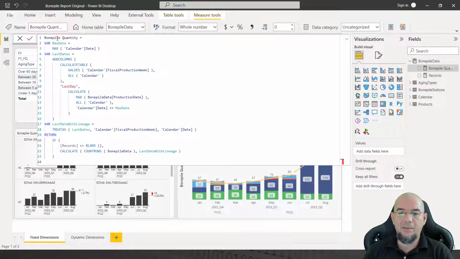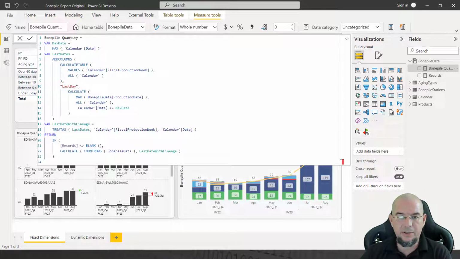So basically, Ben wanted to have in any moment, regardless of the level of calendar where he drills in, so either it's a day level or week level or month level or fiscal quarter level, he only needed the last data in the model. This is why in the measure he just built a variable max date, calculating all the time the latest date